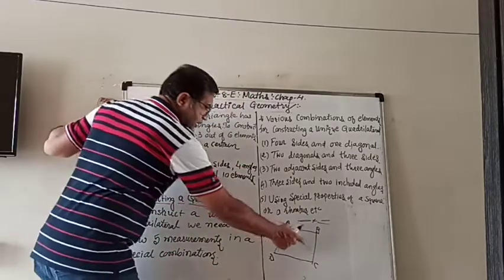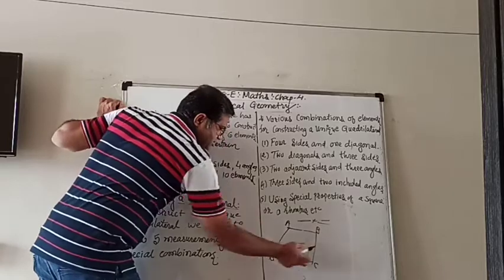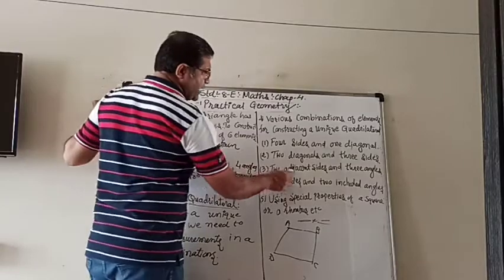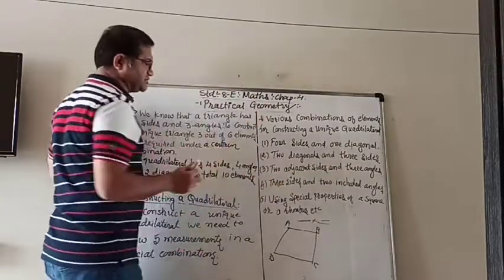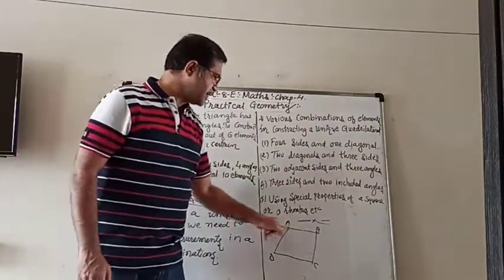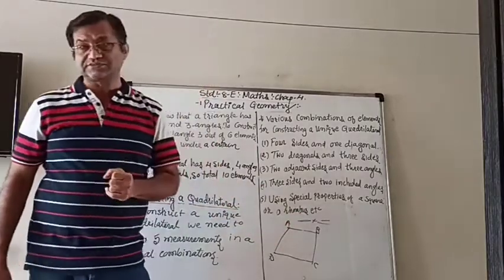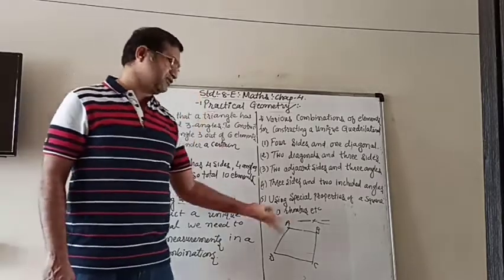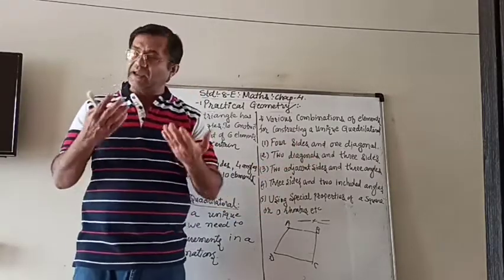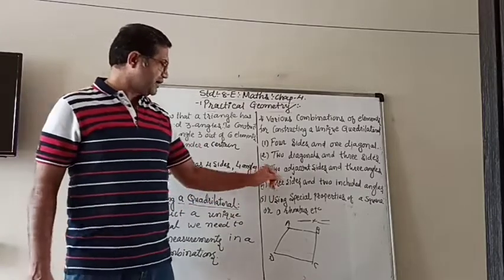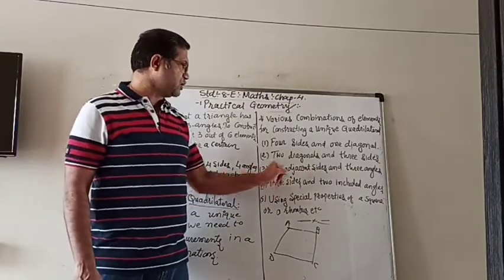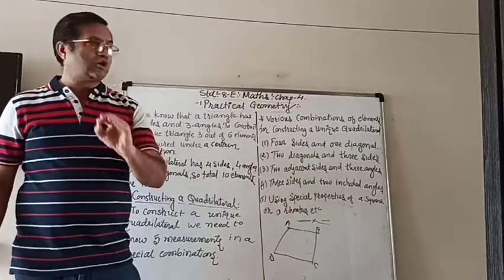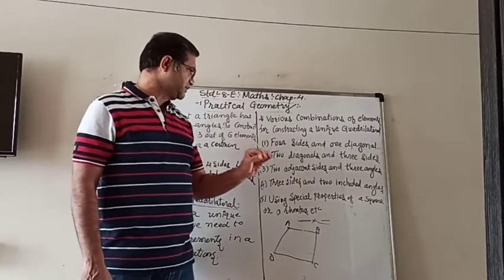So they are also adjacent sides. So 2 adjacent sides and 3 angles means any 2 adjacent sides are given and 3 angles are given, then automatically the 4th angle will be there, because we know the angle sum property also. So if 2 adjacent sides and 3 angles are given, then also we can construct a quadrilateral. Next,